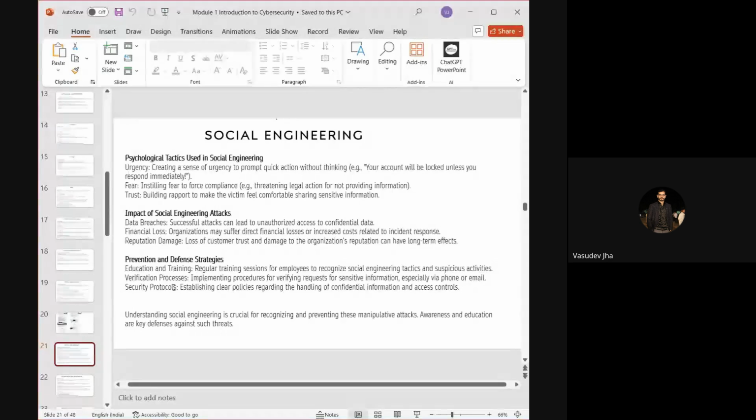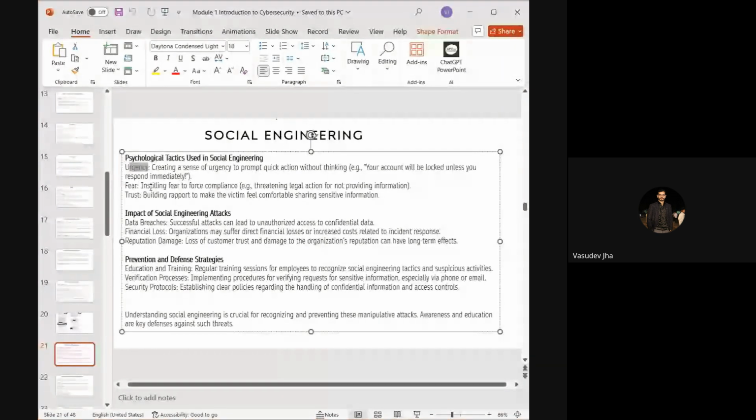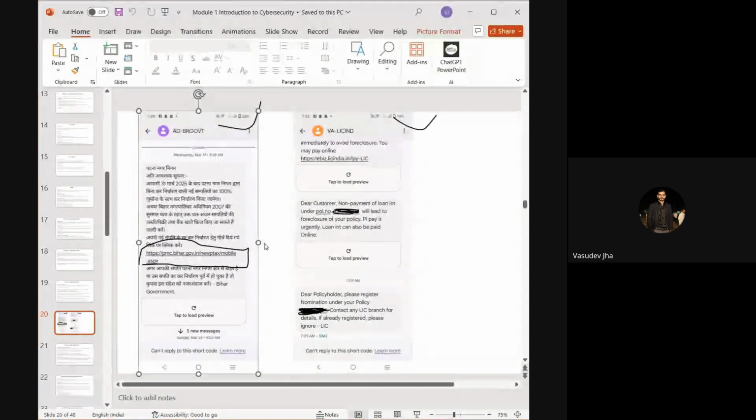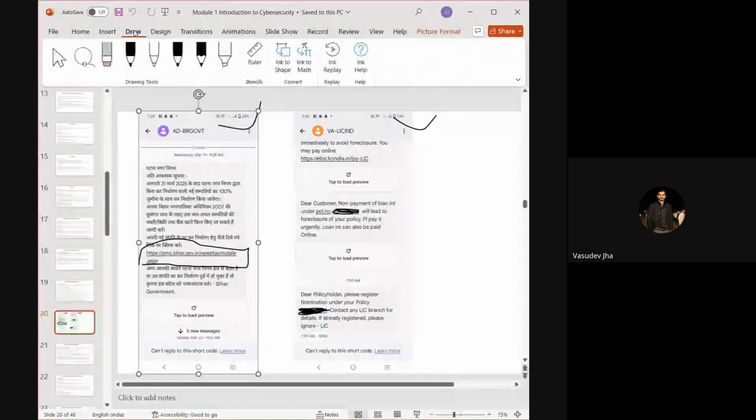Now, social engineering uses psychological tactics: urgency, fear, and trust. Let's come to this example. Here, they are showing urgency by mentioning a date, and they are also imposing some kind of fine. Yeah, here you can see. Let me select up time. Okay, here you see that